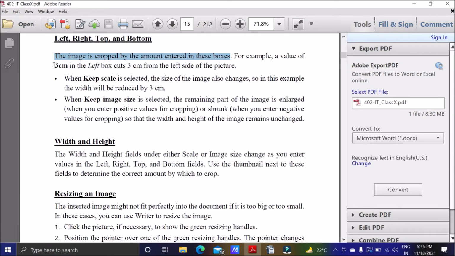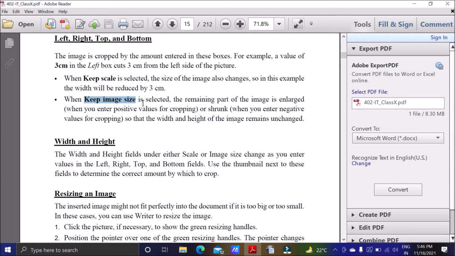For example, if you give 3, it will cut from the left side 3 inches, not 3 centimeter, 3 inches. Okay, when you keep scale, it will cut 3 inches, width will be reduced by 3 inches. But if you go for keep image size, the size of the image will remain as it is.